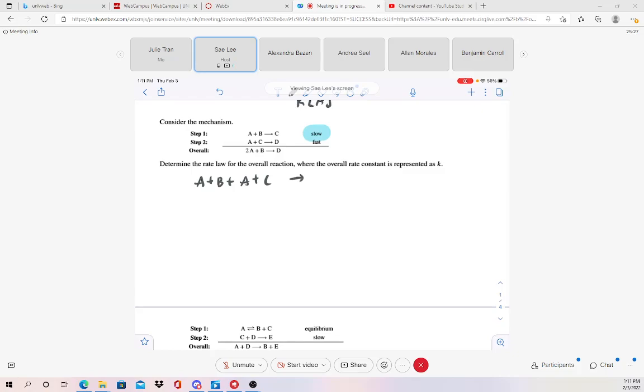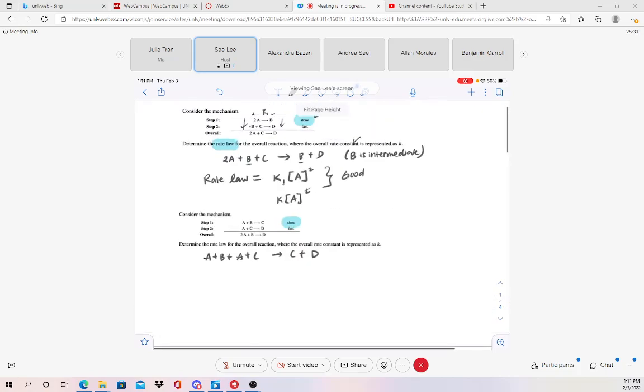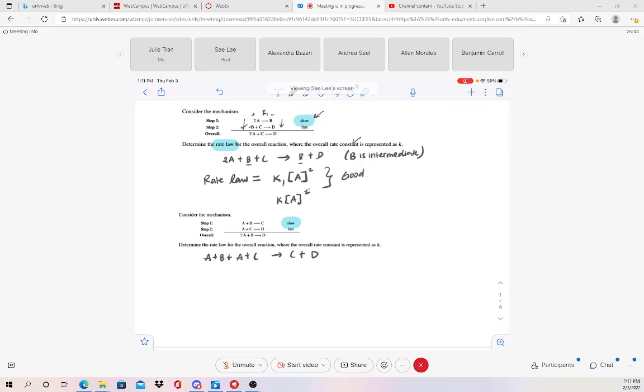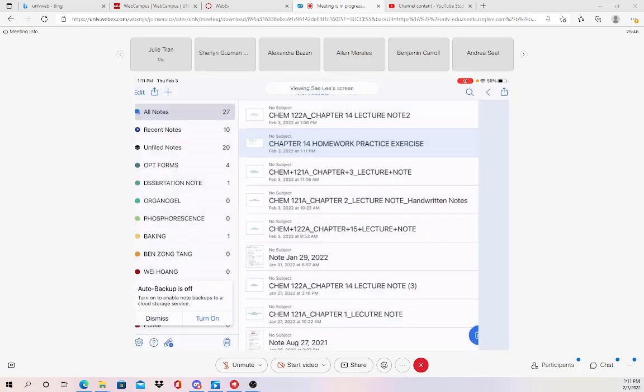Professor, I'm sorry to bother you. Yeah. So on the previous question, how come we only found the rate law for step 1, but not step 2? Because